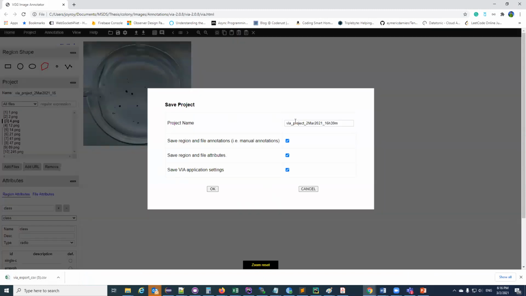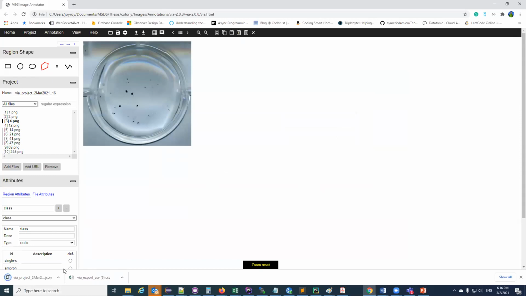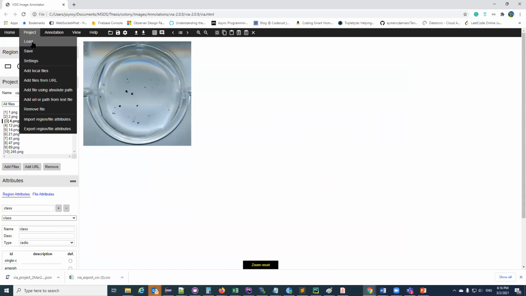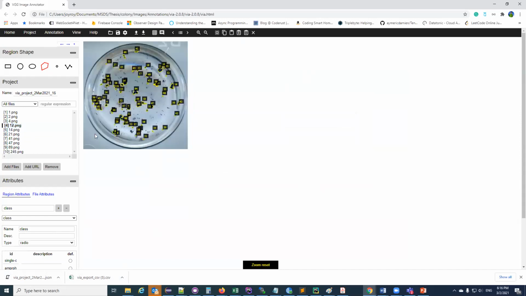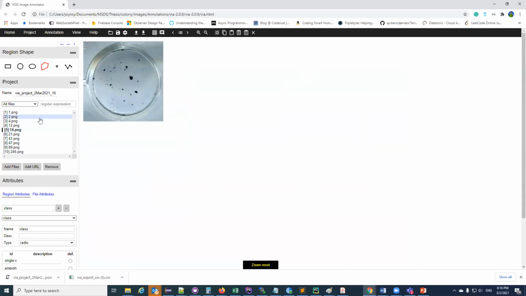Just save the project and save. It will be saved as a JSON, and you can just load the project anytime. So you just select a project, select an image,